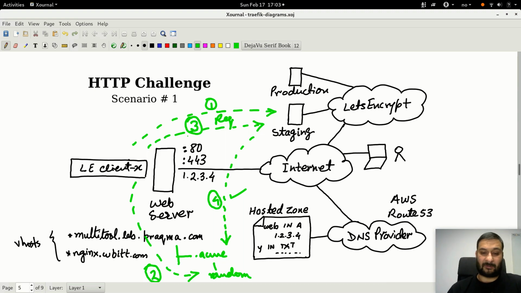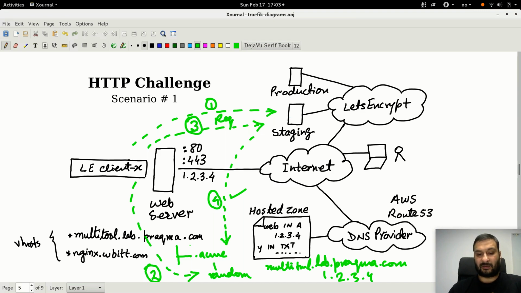So it's important that the LetsEncrypt client runs on the public IP which is listed under a certain domain, let's call it lab.pragma.com, and this host name is called multitool.lab.pragma.com, and it is configured here, and it does point to 1.2.3.4,